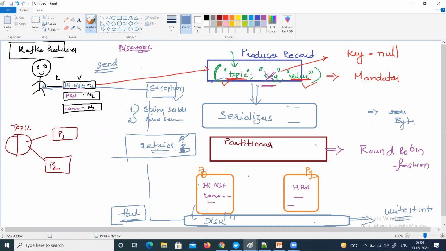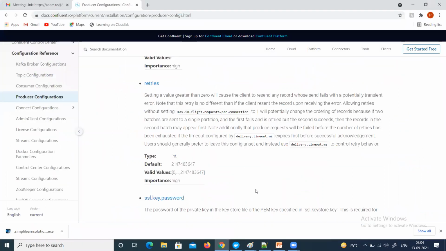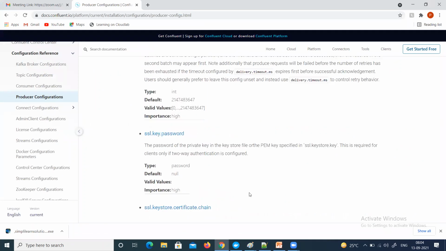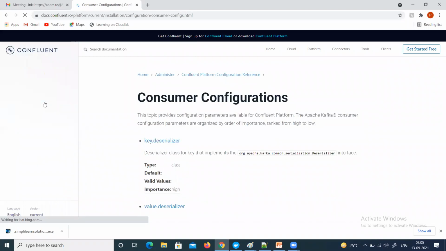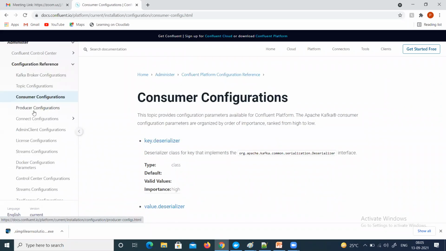Now you got to know about these properties, right? So you got to know about this. These are SSL related properties. Now, guys, I want to show you important consumer configuration. So, guys, if it is a consumer,